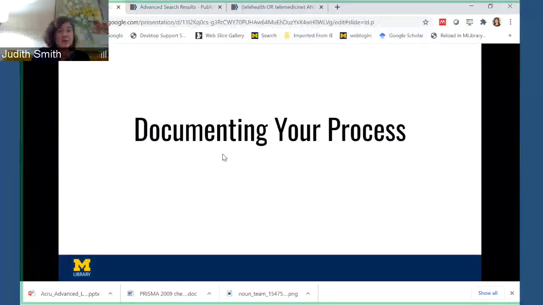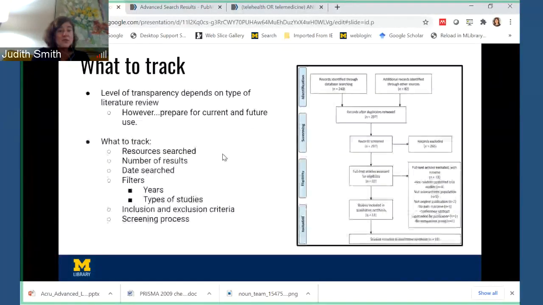I do have some additional resources here for you to look at. This is a fantastic book by Andrew Booth and others, if you want a book on the topic. If you are interested in taking an online course, my colleagues and I have put together an advanced literature searching course for free that you can join and take different parts of. There's also a briefer article by Andrew Booth that talks about different review types.